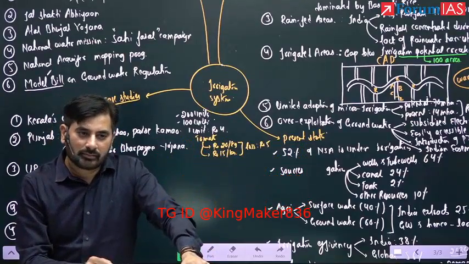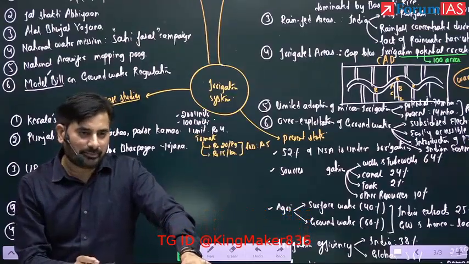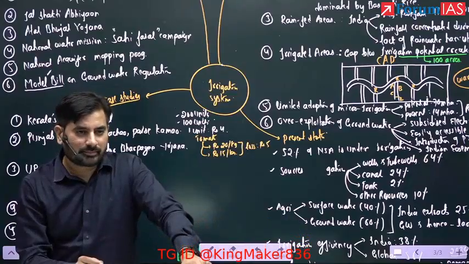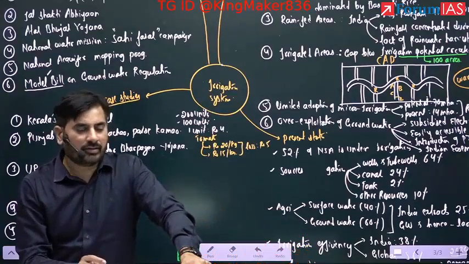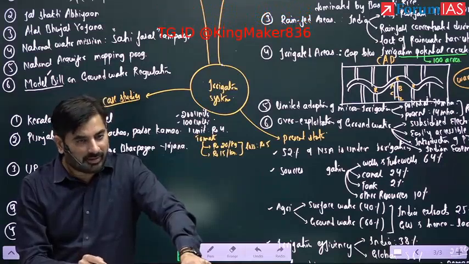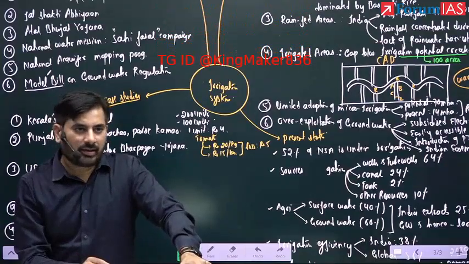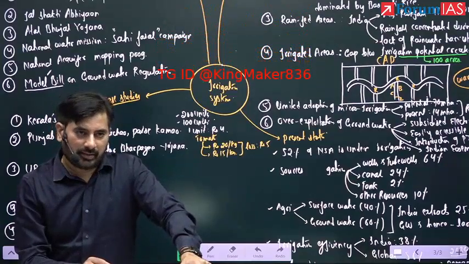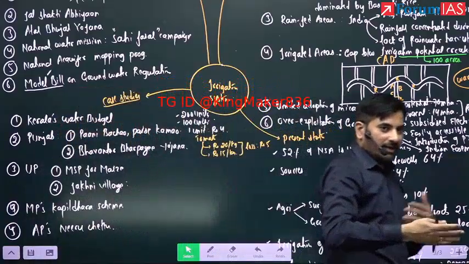It is already a component. It's already implemented in a lot of states. Gujarat is the best example, and we have a scheme, Deen Dayal Upadhyay Gram Jyoti Yojana. Under that scheme, it's a main component. Okay, next, you can write supply side strategies. How do you increase the supply of water?